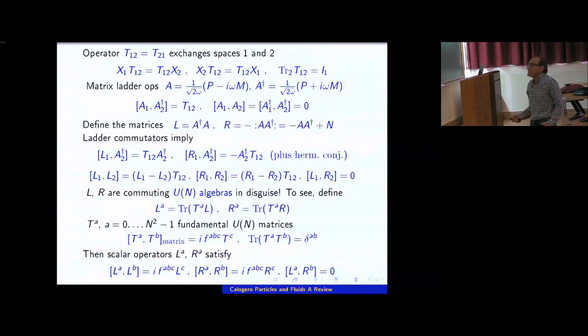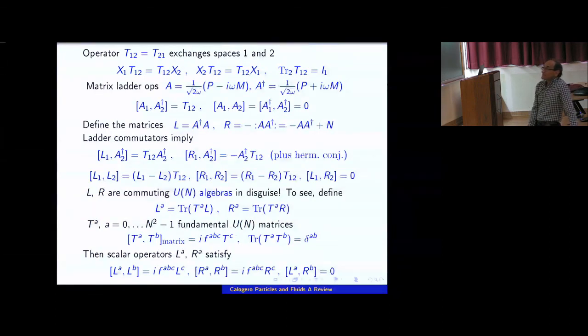If you wish, I could have stayed with this index notation all the way, but it's so much more convenient that I decided to pay the price, introduce it here, and then use it. Now, motivated by what I did for the classical problem, I will define the corresponding ladder operators. They are the quantum versions of these Qs that I defined before: P plus i omega m and P minus i omega m, properly normalized as we do in quantum mechanics.